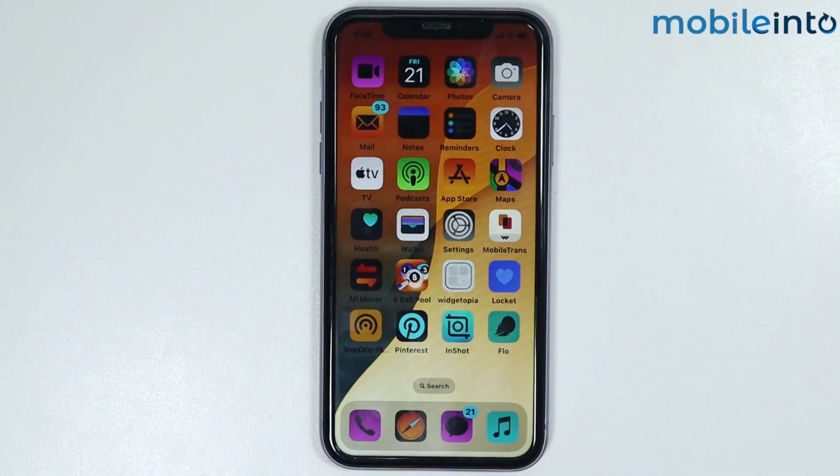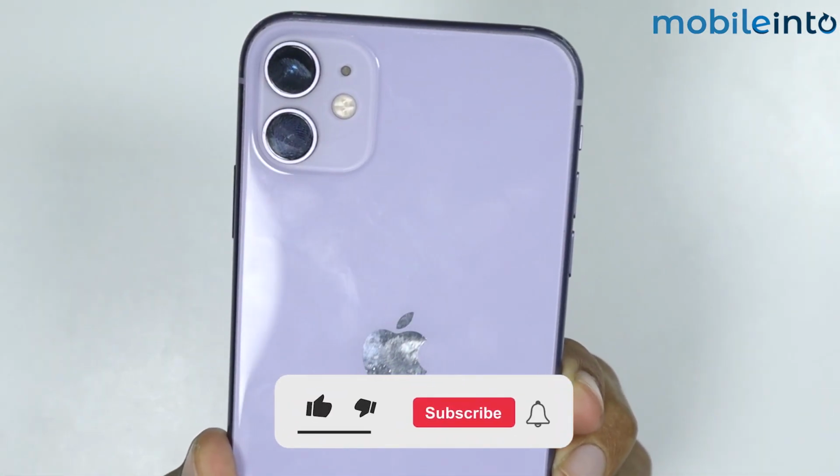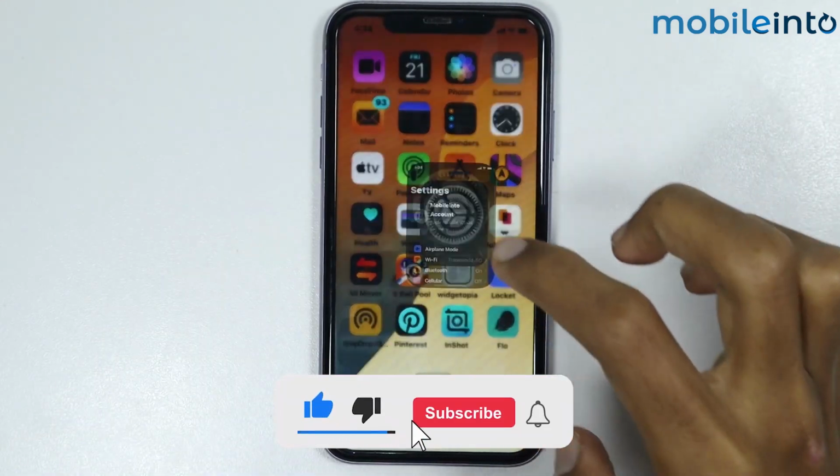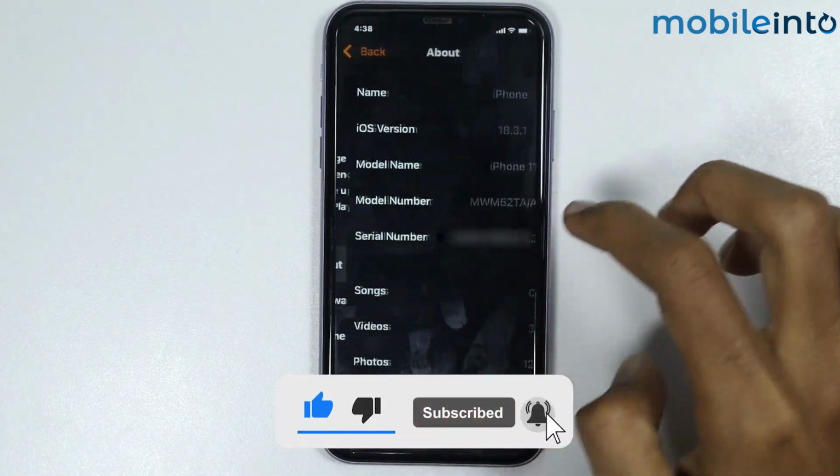Hey, what's up guys? So in this video we will see how to change the screen color back to normal on any iPhone. Now currently I'm using an iPhone 11 to record this video, and the iOS version on our iPhone is iOS